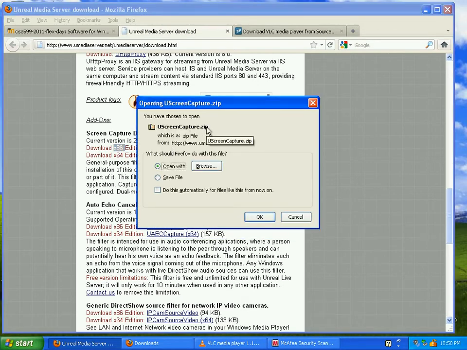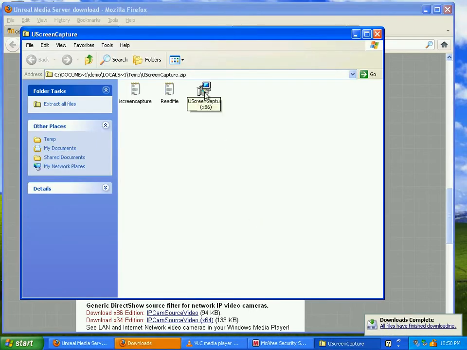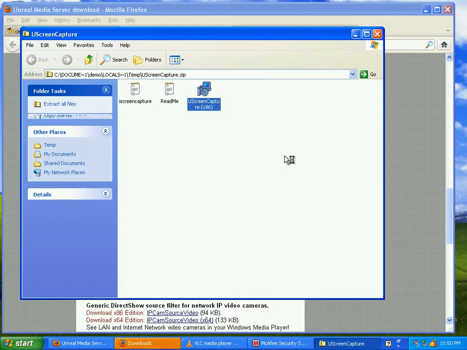and it is a zip file. If you're running XP or anything after Windows XP, it will be able to open up a zip file automatically, so there's no need to install WinZip or any software like that. Just click OK, and it will download and open it right here. This is a relatively small program, and that's why it did not take a long time to download and display it. We'll double click the installer itself,